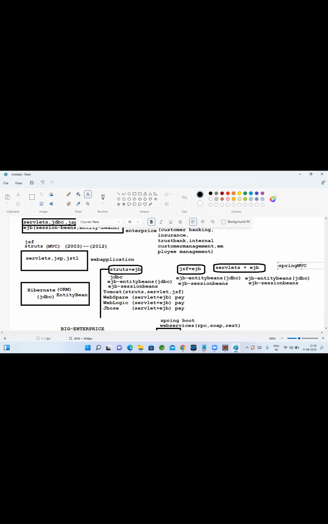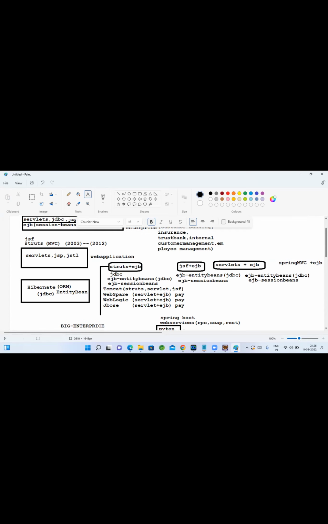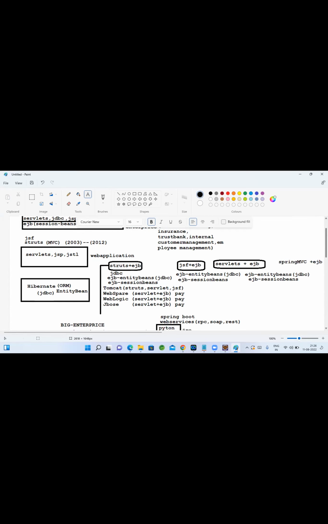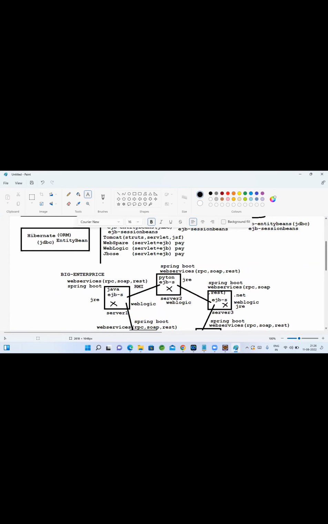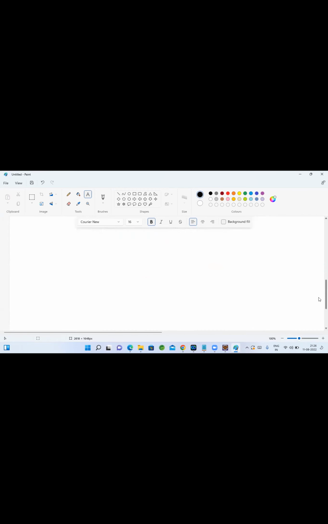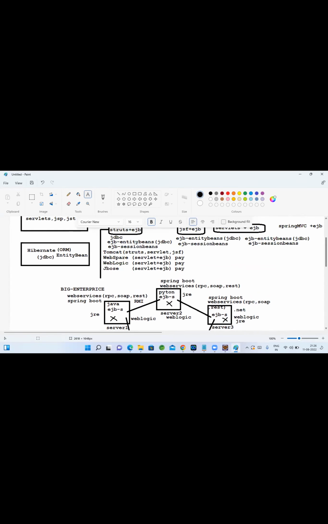Spring MVC also is an MVC framework, and it is more than Struts and all other frameworks. Many concepts they have given. Even Spring with EJBs we can use. But as you know, instead of using EJBs, you can develop them as microservices using Spring Boot. So you need not use EJBs. As Spring Boot has its own self-containers, you can build applications using Spring Boot. Okay. Any confusion?